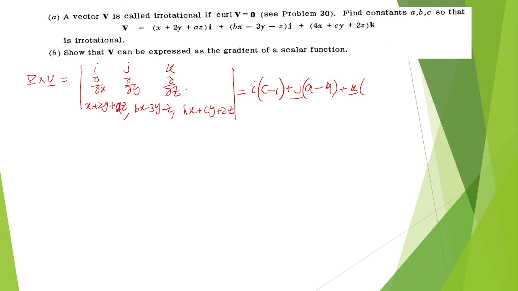In the k case, partial by partial x will be differentiated over here, so that is b, and partial by partial y will be differentiated over here, so that is minus 2, and this should be the 0 vector